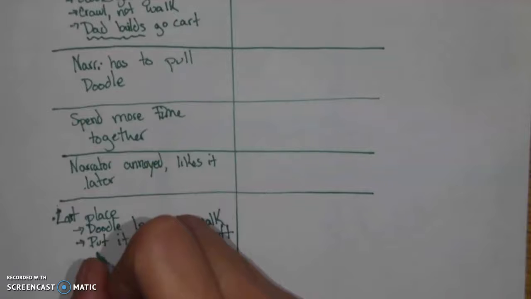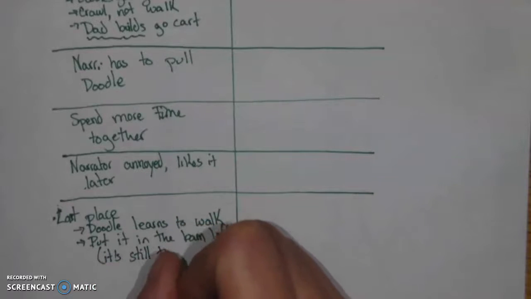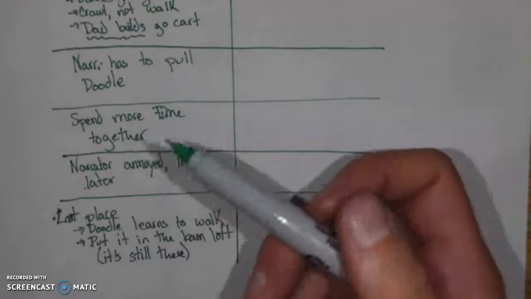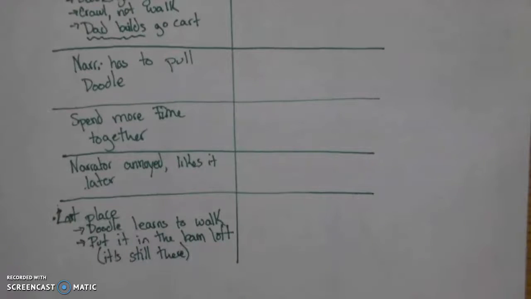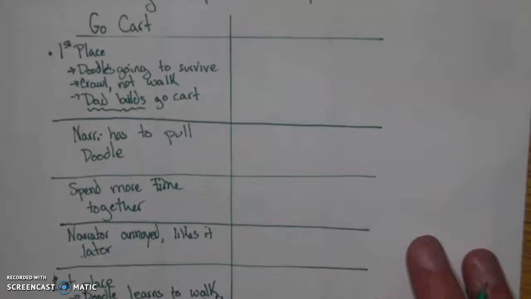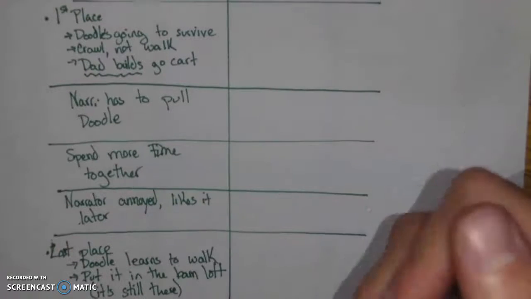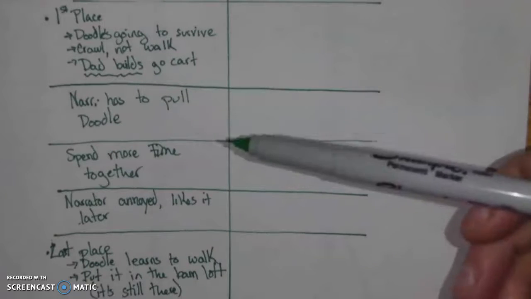And there's an interesting little quote here about that. And it just says, it's still there. And in that loft, by the way, we do have mention of the coffin that they made for Doodle when they thought he was first going to die, and that's still in the loft as well. So, okay, I have filled out my first column, and I have a few key instances, my first and last time it's mentioned,